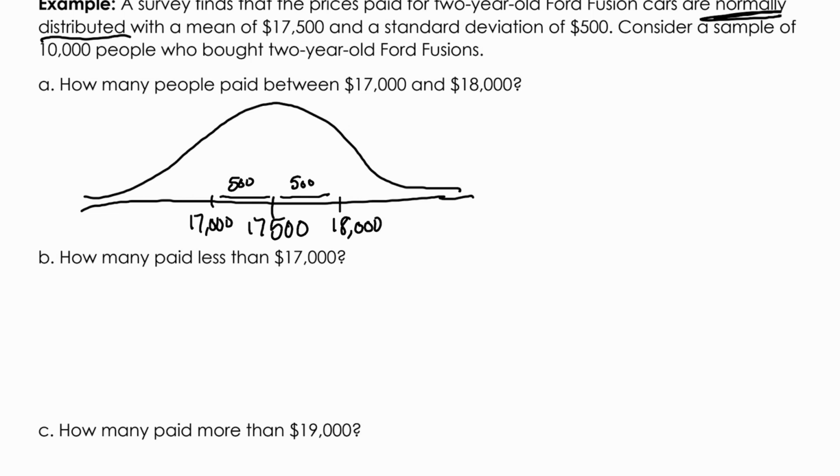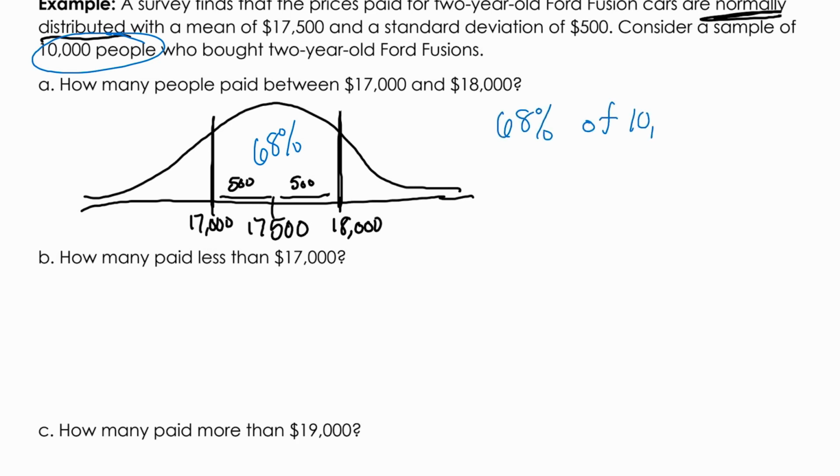Now the question asks, how many people paid between $17,000 and $18,000? Well, if I look, that's one standard deviation out in either direction, and according to our rule, that covers 68% of the data values. In this case, we're talking about people that buy these Ford Fusion cars. Because it says 10,000 people in this question bought these cars, and we want to find how many paid between 17,000 and 18,000, and we know that that's 68%, so we're going to take